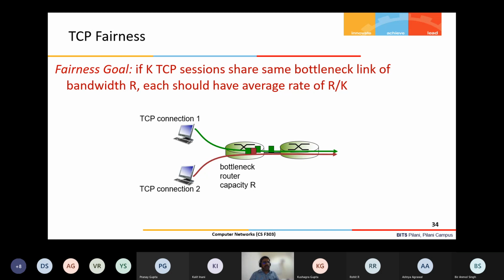And Microsoft uses Compound TCP. In the Windows operating system, the congestion control algorithm used for TCP is called Compound TCP. These two TCP variant congestion control algorithms we will briefly discuss in the next class along with fairness. I will also introduce a few more TCP variants and the recent advancement in congestion control in the internet.